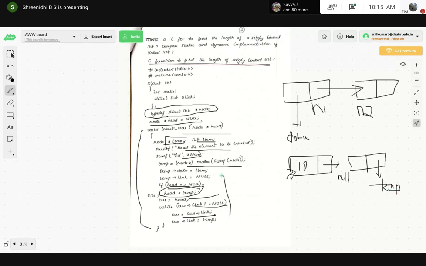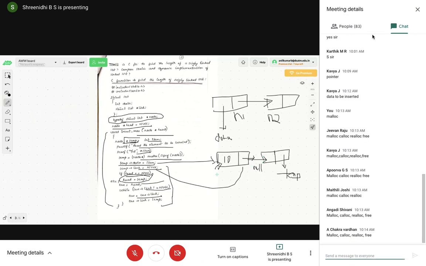See, these four lines of code play a major role. After the malloc function, we have inserted the data into the linked list. The 10 we have inserted, and the link we have connected to null. If head is equal to null: initially head is null, and after inserting the data head is not null, so we assign head equal to temp. If not, we assign the current data to the head.